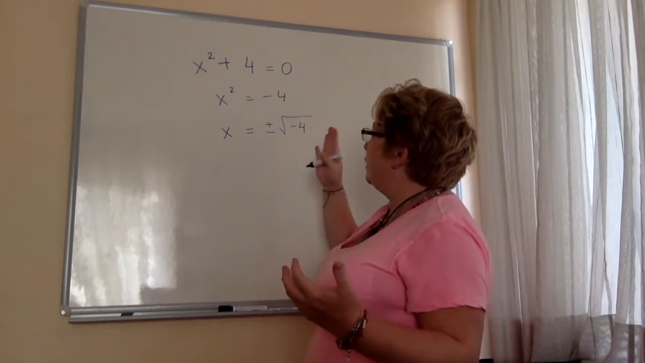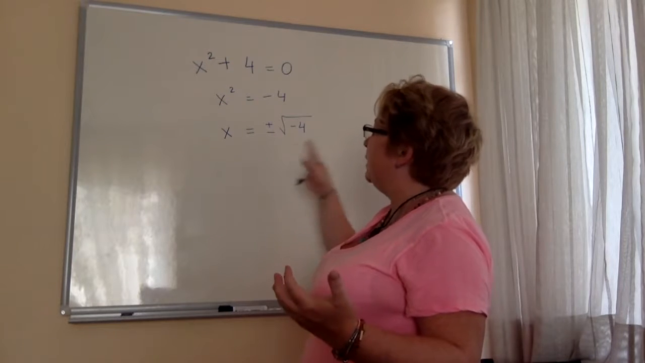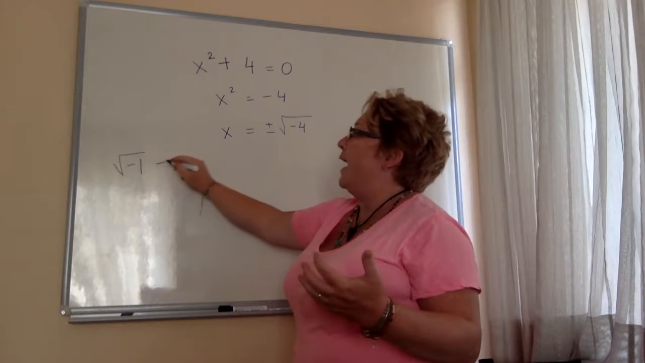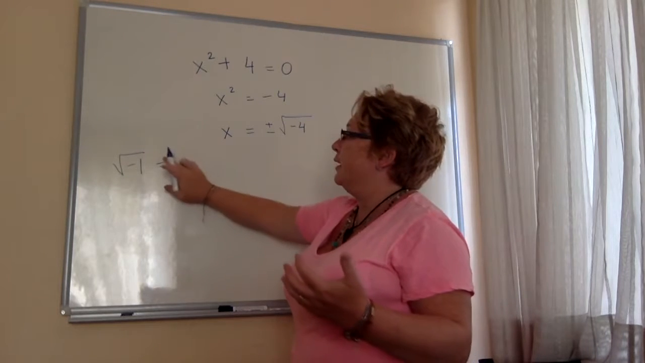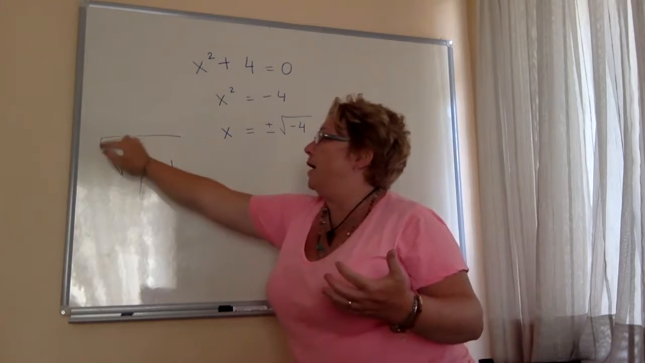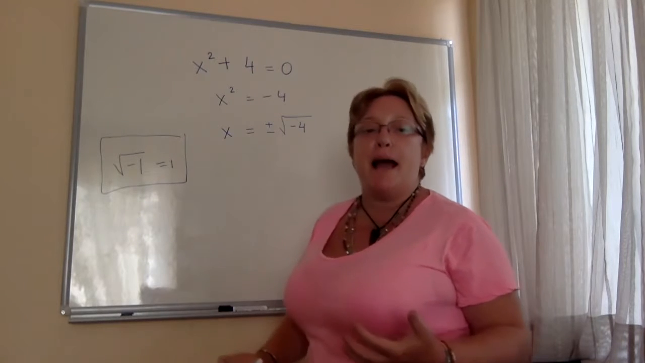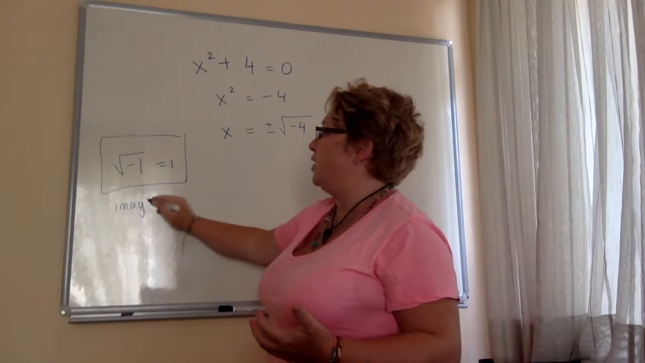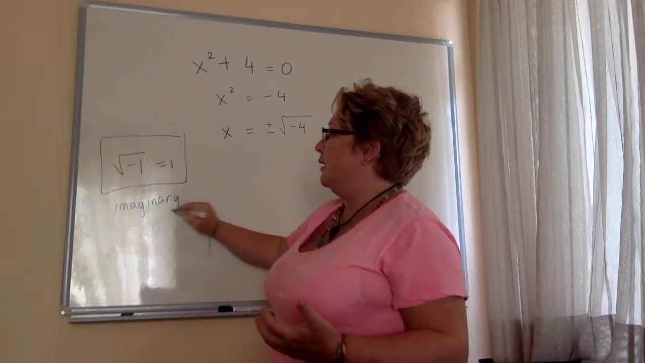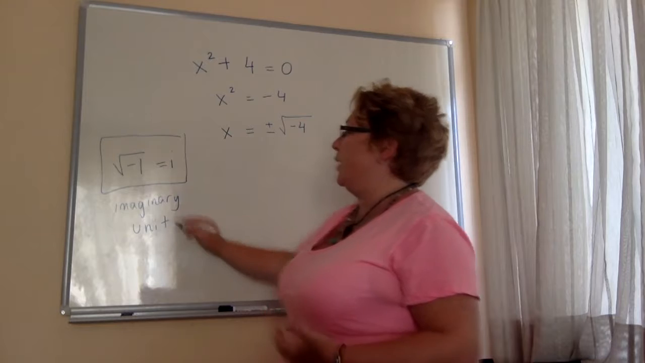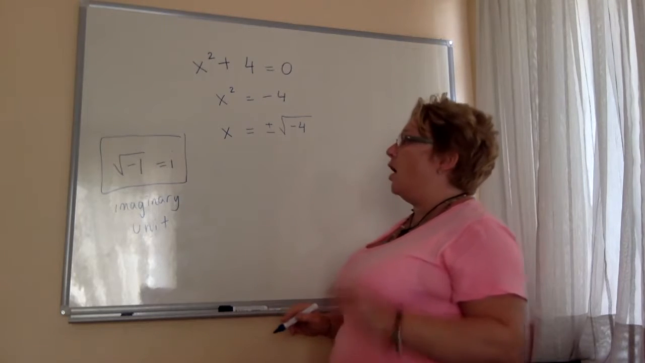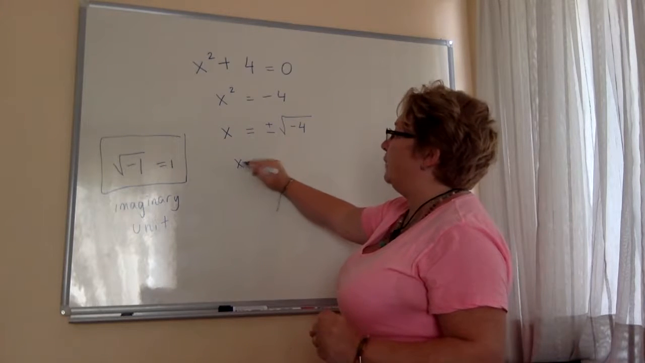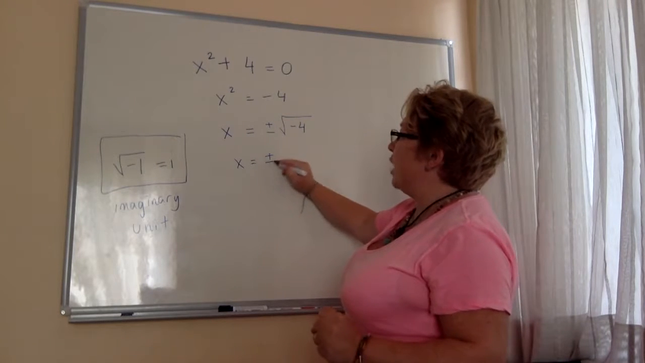So to define what square root of minus 4 is going to be, we need to first define the square root of negative 1 as i. Now, i, or the square root of minus 1, is the imaginary unit. It's called the imaginary unit. And once I have the imaginary unit defined as i equal to the square root of negative 1, then I can say,